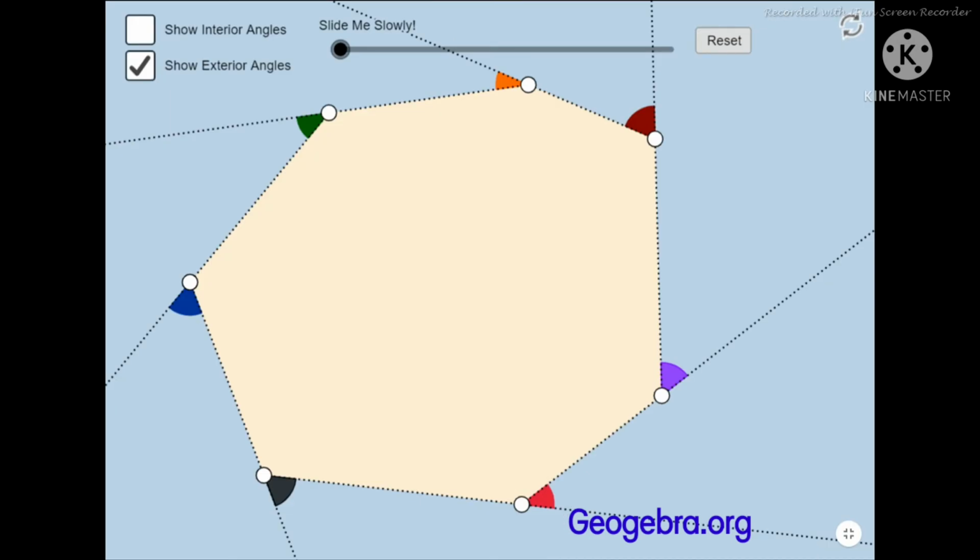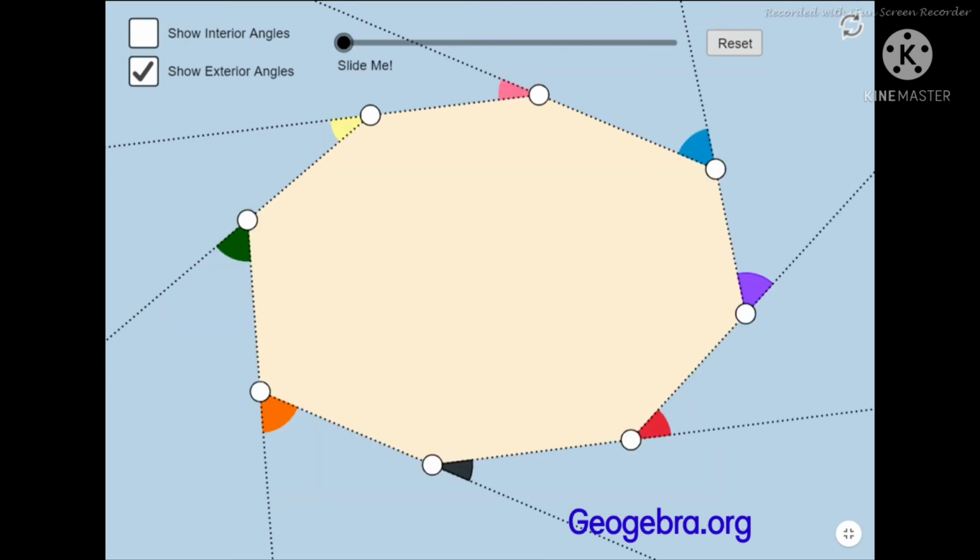Here we can see another method of getting this. What we'll do is just move the exterior angles one by one. You can see this, as I keep on sliding. Already one angle we have, then angle 2, 3, 4, 5, 6 and 7. All the 7 angles are adding up. So as it is a heptagon with 7 sides, you can see 1, 2, 3, 4, 5, 6, 7. All the 7 angles add up and make a complete angle that is equal to 360 degrees.